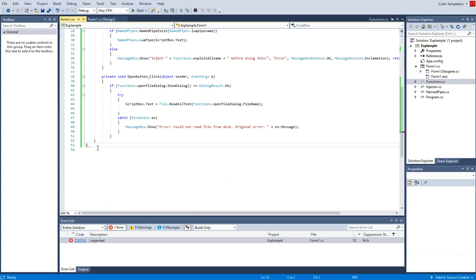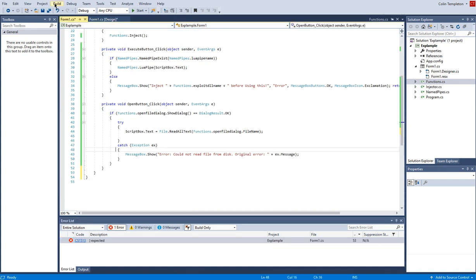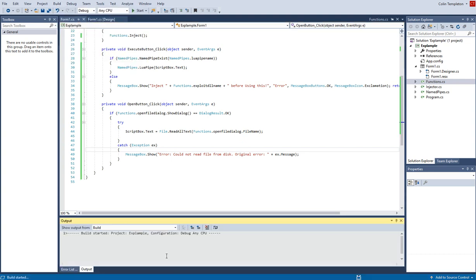Oh, here, I found the problem. Fix that. There you go. Now we can build solution. Now, if it says build one succeeded, then you did it right. Don't copy this one, example, all this, your exploit name right here. Don't copy that